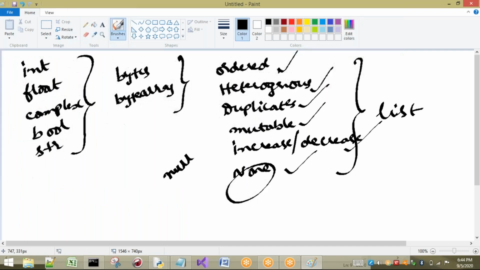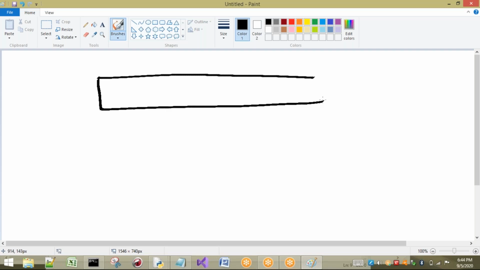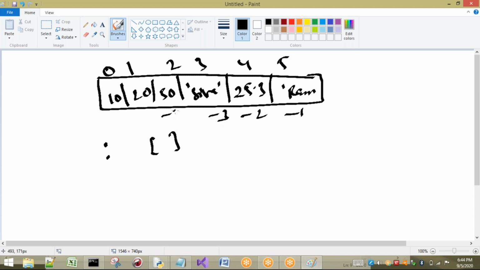A list is a sequence of elements, a group of elements. So let us take a group of elements here, and I want to access them. In previous sessions we have seen the slice operator, and also how to use an index. The same concept is applicable here also. For example, I have some values, any values we can have here. In this way I have a list. It has indexes, and in the same way negative indexes -1, -2, -3, -4, -5, -6.